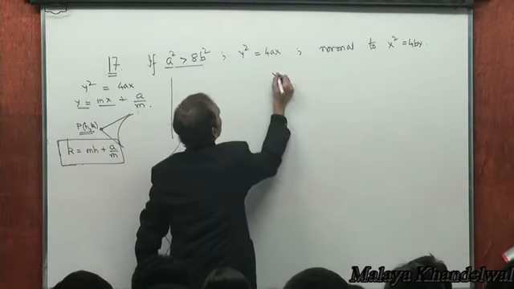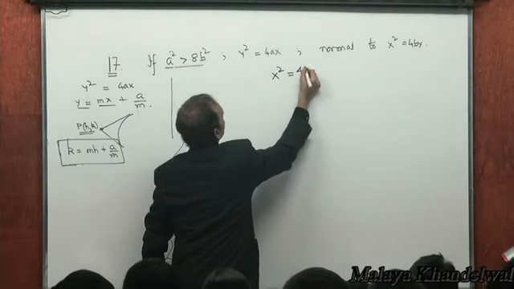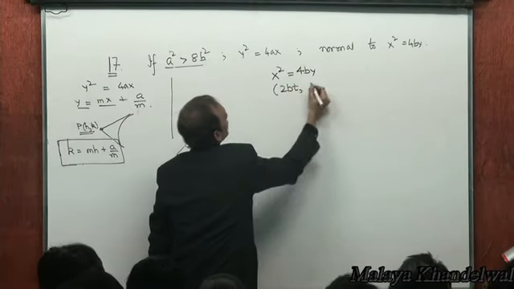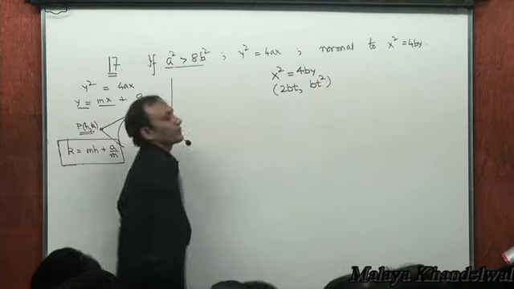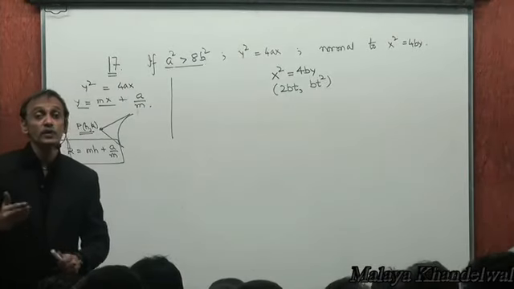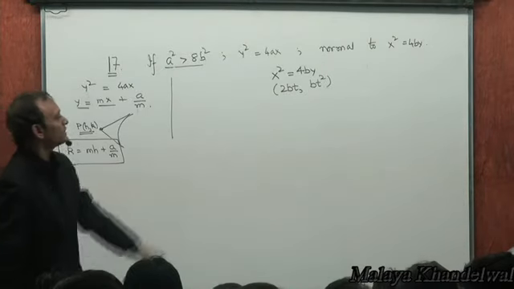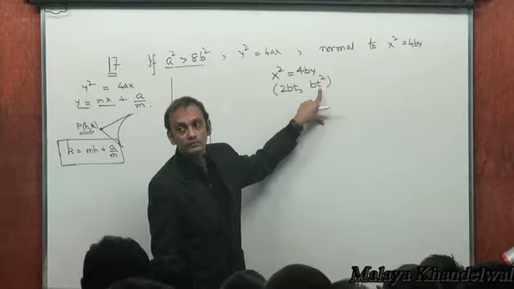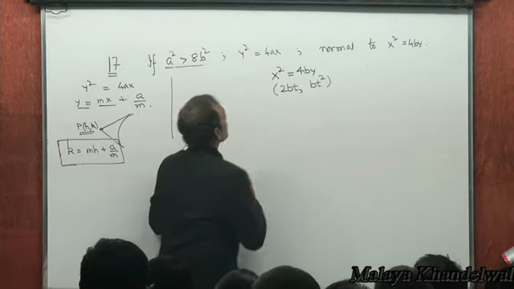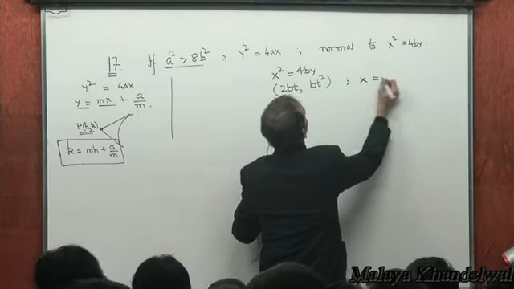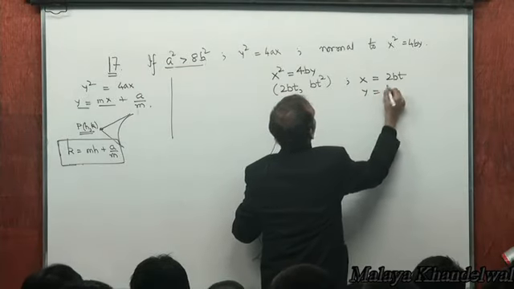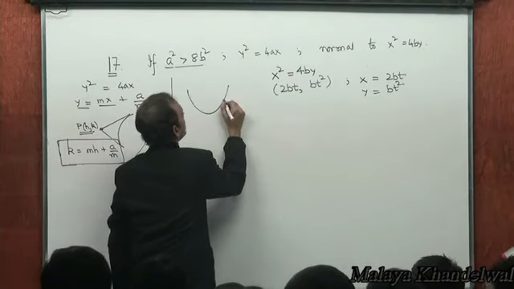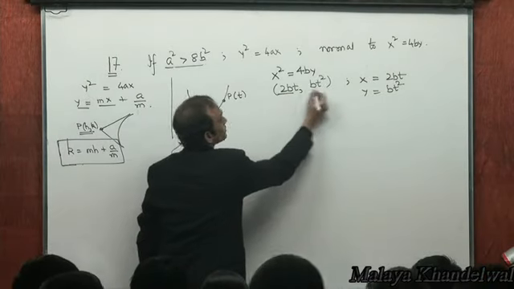Now x squared equal to 4by, any point on this is x equal to 2bt, y equal to bt squared, right? In y squared equal to 4ax, you have at squared, 2at. In this, you will have x as 2bt, y as bt squared, right? Now, any point on this? So any point on this parabola is like x is 2bt, y is bt squared, right? So if I am talking of a point P referred to as t on this parabola,